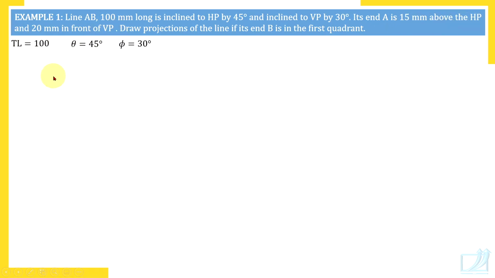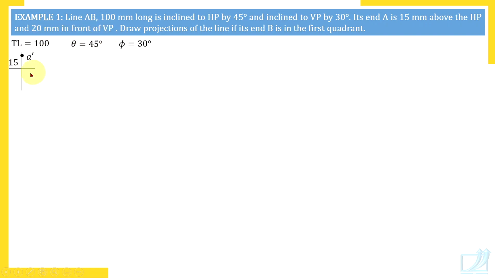Let's note down this here. This is how we note it. This line, consider as XY line. Here it is projector of point A, 15 millimeter above HP. So we should measure 15 millimeter above XY line, and that is front view of point A, and 20 millimeters